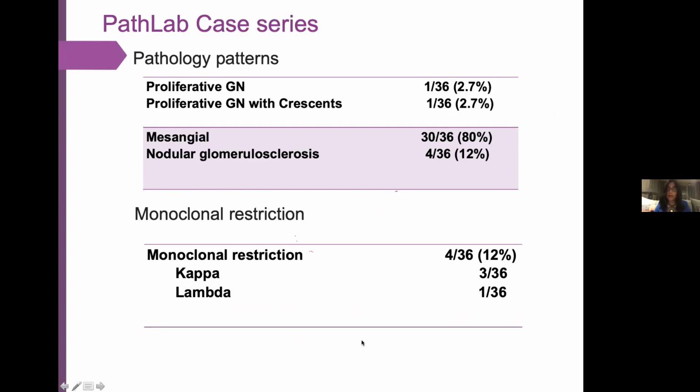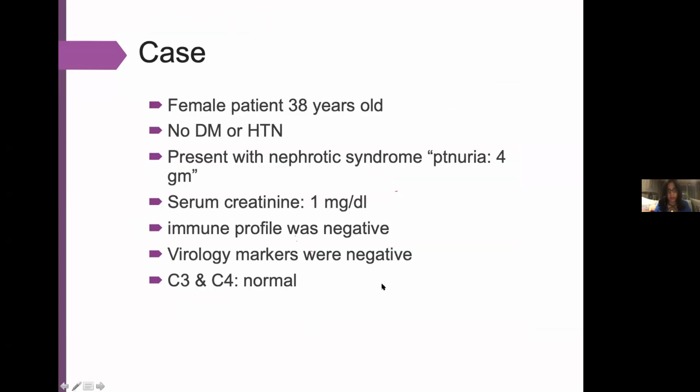So we do have a different clinical presentation of our patients with fibrillary GN. Our patients are much younger. They tend to present more with the mesangial pattern, or maybe this is the pattern we detect. We could have undetected cases presenting with crescents, or presenting as membranous, or presenting as other proliferative GN, and they are underdiagnosed. But the age is a very important point, as well as the male predominance versus the female predominance. But maybe when we have a larger cohort of patients, this ratio also will change.